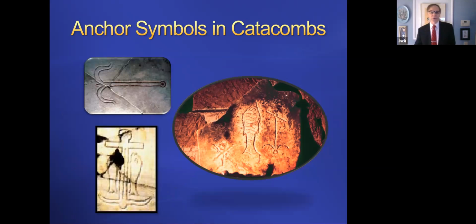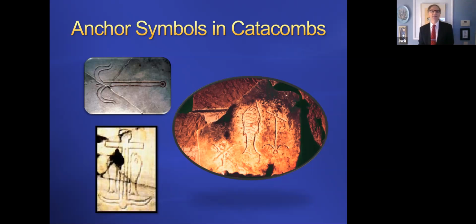So they would use the fish, and we talked about this before, that if you look at the word fish in Greek, its initials spell out Jesus Christ, our Savior, if you take the first letters in Koine Greek. So they would marry the fish representing Jesus Christ with the anchor, with the idea of this kind of being a crucifix, a very early form of it. And they turn the anchor upside down or right side up sometimes to try to get the right effect.